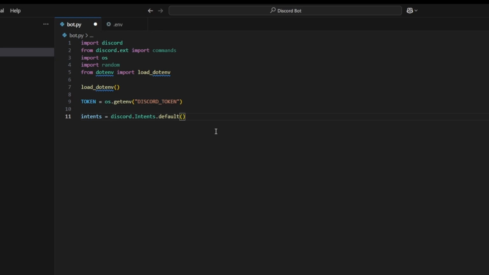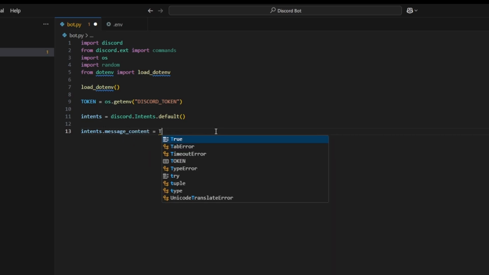So if it was already disabled by default, it won't be able to catch certain things that users might do. Then below that, we'll type intents.message_content equals True. So basically, if it was disabled, the bot would only know that there is a message from the user, but wouldn't be able to